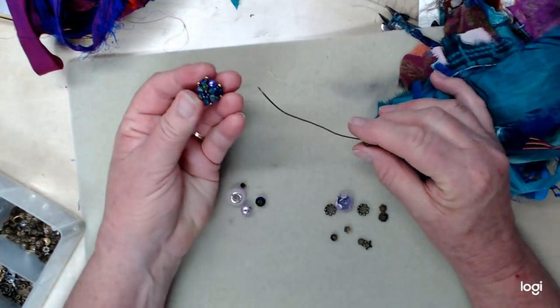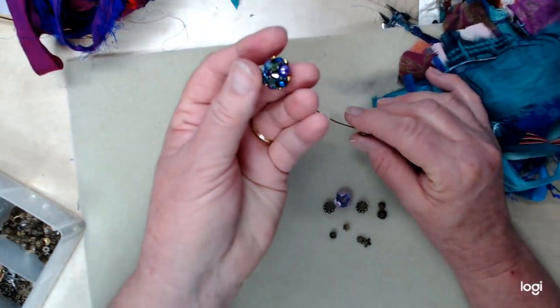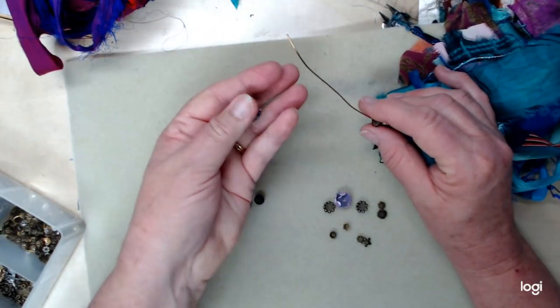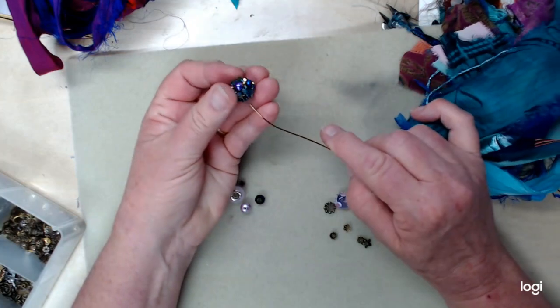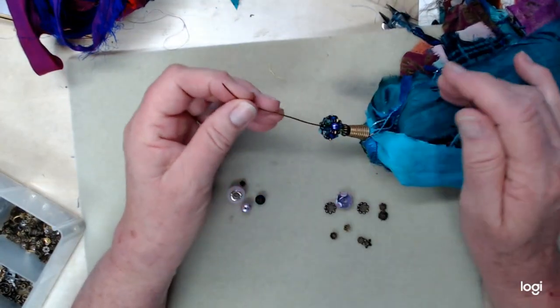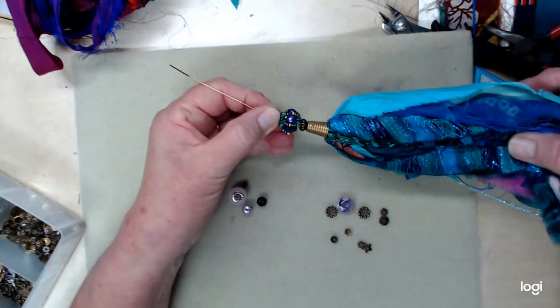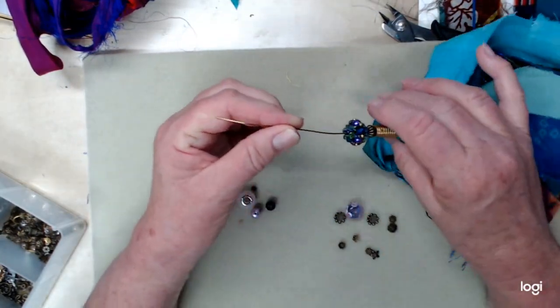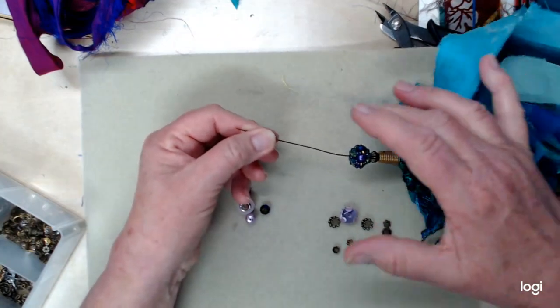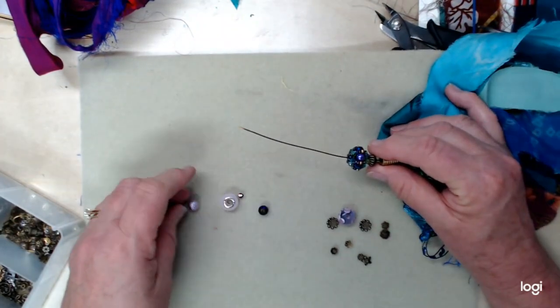And I was thinking about using this bead. This is one of my beaded beads that I make. Bead weaving beads. I've got a bunch of these because they're so much fun to make, and I was thinking about using one of these. Ooh, I like. Okay, I'm going to use that one right there, and then maybe,